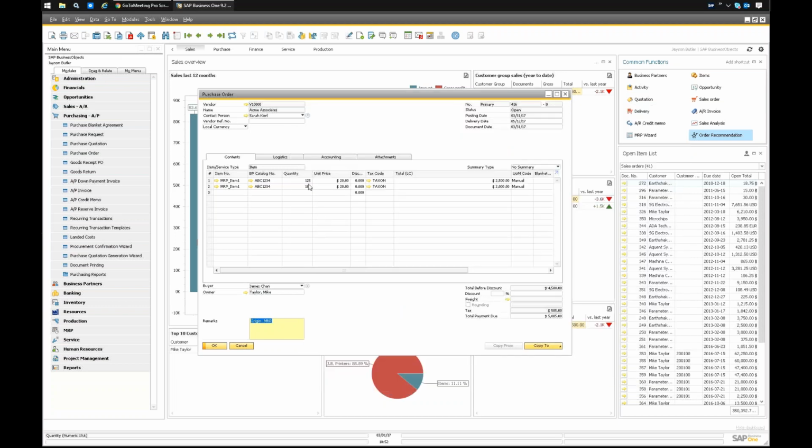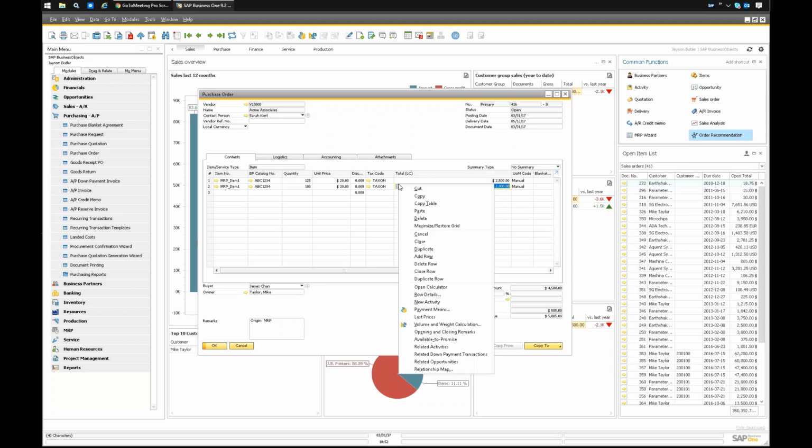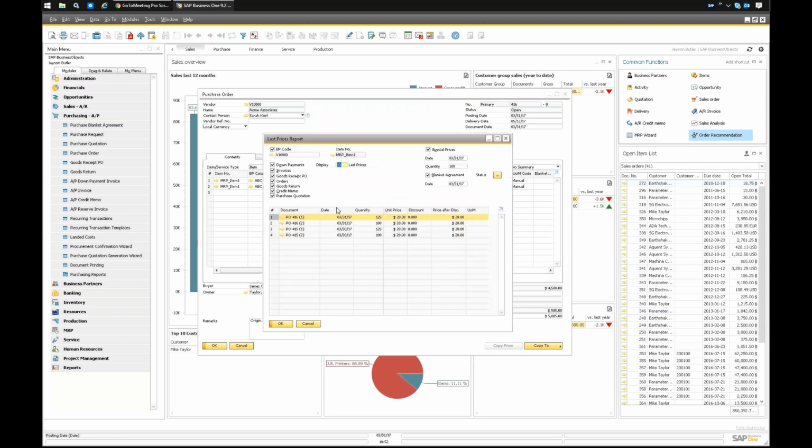Another little tip here is you can right-click in the row. Actually, you can right-click here and you can pick last prices, and this will give you all the last prices from the POs and other documents that you have in this list. So you can uncheck from this particular vendor, and you can just select the PO that you want and then reset this to refresh, and then it will show you the information just for those particular items,